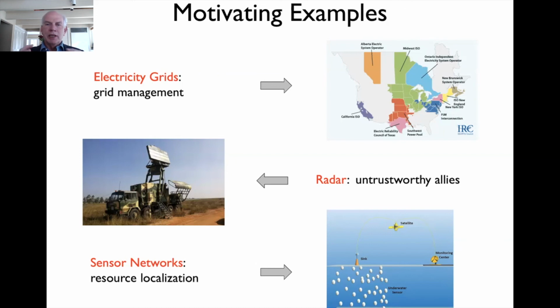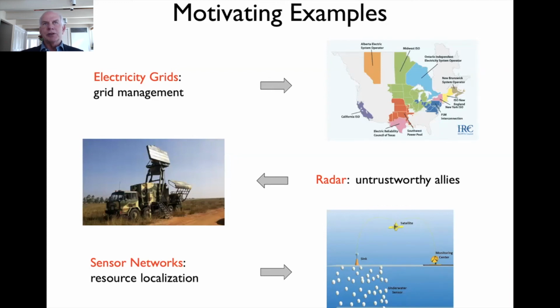But the grids are regional. You're in that big green one out in the Midwest. I'm in this blue one in the East. But the grid is not independent. You can see that the PJM, where I am, goes all the way out to Chicago, and in fact skips over some space. So it's the same grid. It's just that they're managing different parts of it. So there's an advantage to sharing measurements, because they want to estimate this. They only care about the state of their part of the grid, but it's related to the state of the other parts of the grid. So they could share measurements with one another, and that's fine.